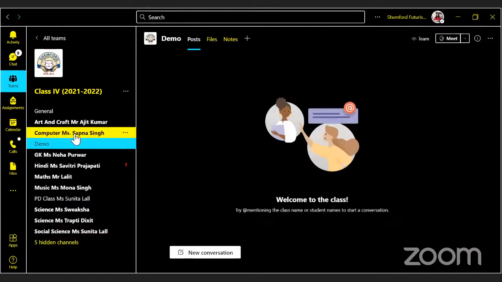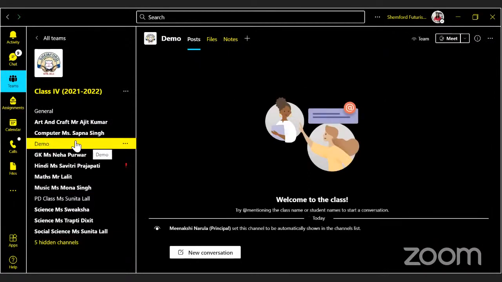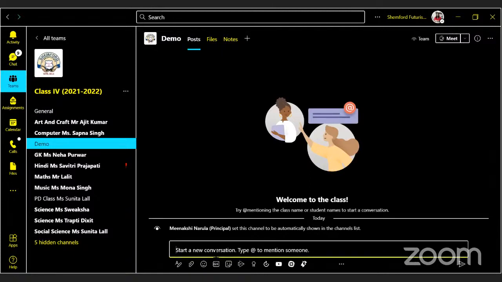So see, now you can see here this yellow highlighted one is written demo. Can you see here? Demo. So I have created the class. Here I will be able to either start a new conversation or share the worksheets with the children too. And see the wonderful option over here.